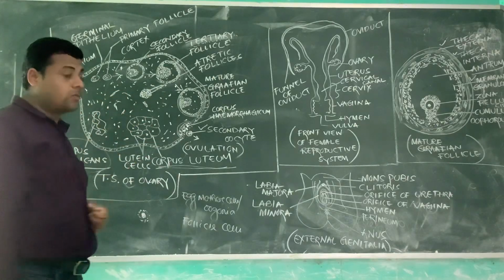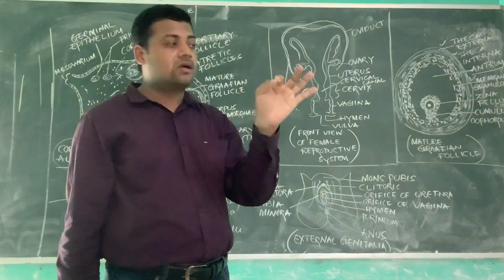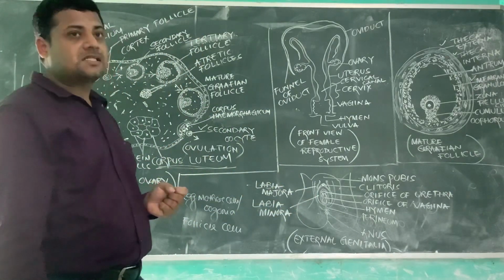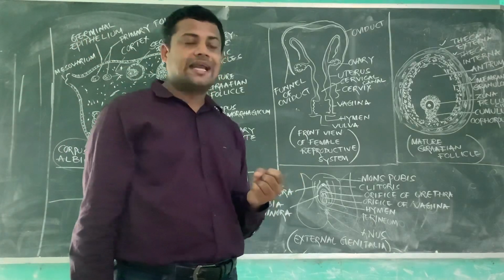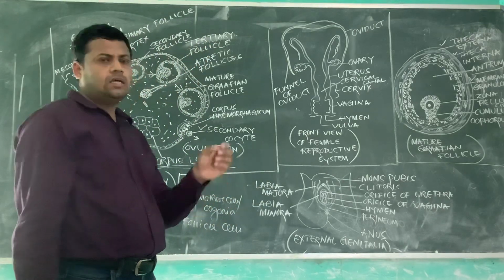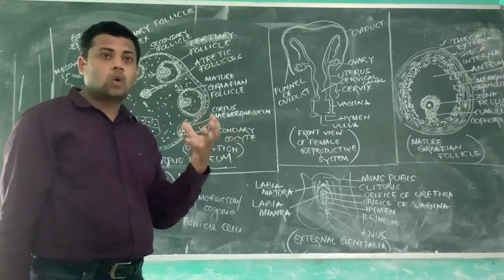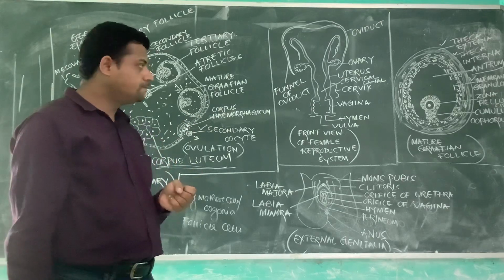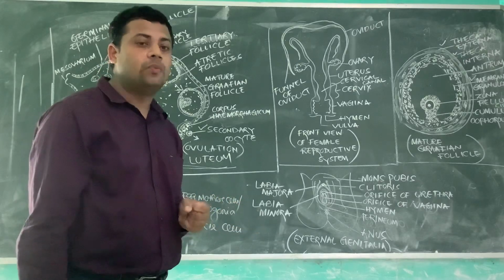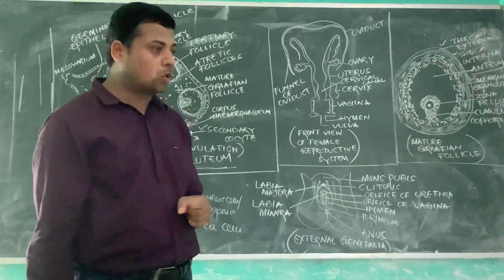Estrogen, the female sex hormone, helps in the growth or development of female genital or reproductive organs. Along with it helps in the development of secondary sexual characters. So what are the secondary sexual characters in female? In case of female, the secondary sexual characters are development or growth of breast or mammary gland, formation of hairs on axillae and also on pubic region. So these are the secondary sexual characters by the influence of estrogen.